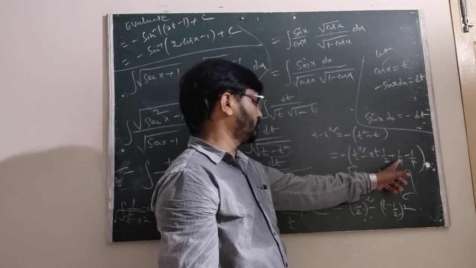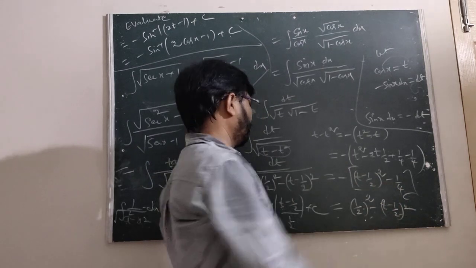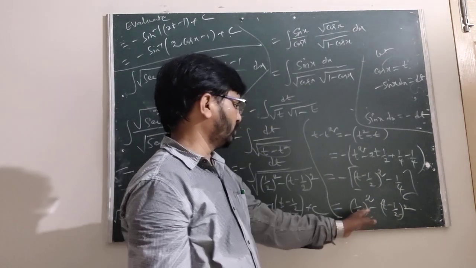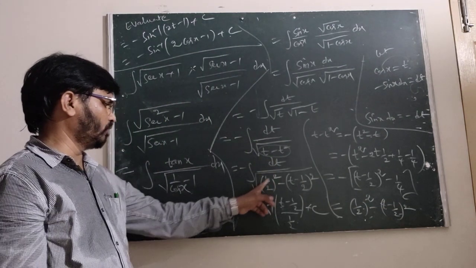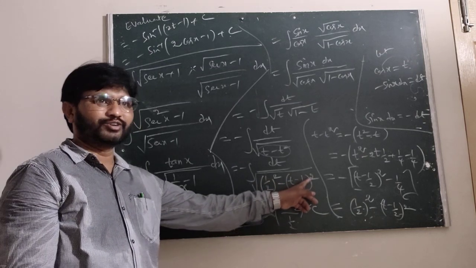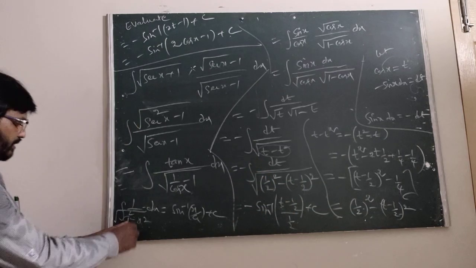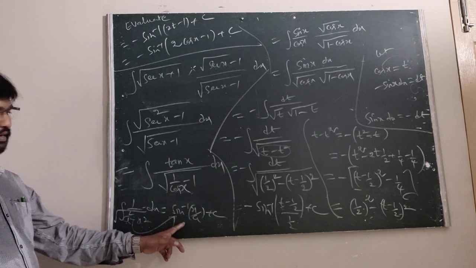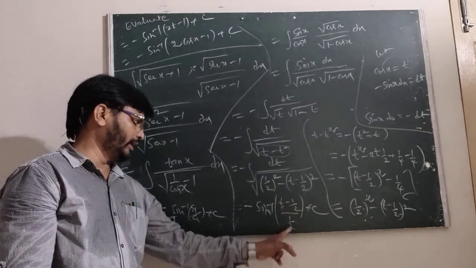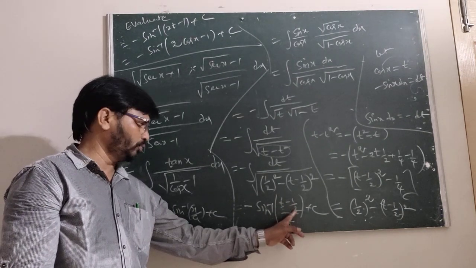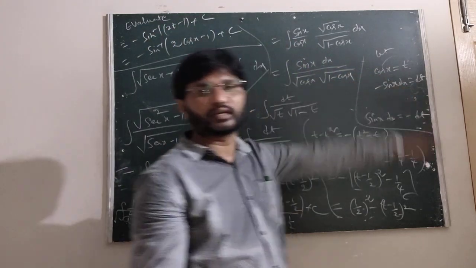A square minus 2ab plus b square is a minus b whole square. Now this is minus of 1 by 4. Now finally we multiply with minus. We get 1 by 2 whole square minus of t minus 1 by 2 whole square. This can be written as under root 1 by 2 whole square minus of t minus 1 by 2 whole square. Now this is dx by a square minus x square, which is of the form sin inverse of x by a. Therefore sin inverse of x by a, where x is t minus 1 by 2 upon 1 by 2. 2 cancel. We take the LCM, which is 2, giving 2t minus 1, where t is cos x.